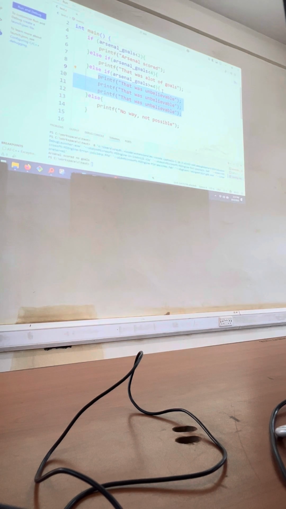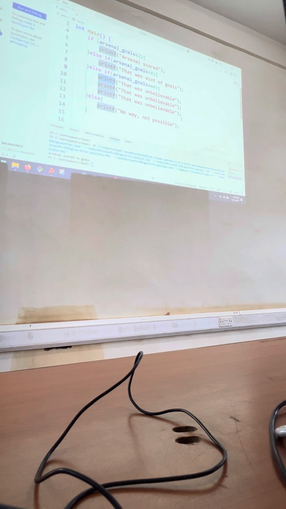Anytime you're confused, when you click the first bracket here, it will show you where the closing bracket is. So when you enter in here, it will do everything in here. So this is about printing. There are so many things you can have inside an else if statement, inside an if statement. We could also have another if statement.